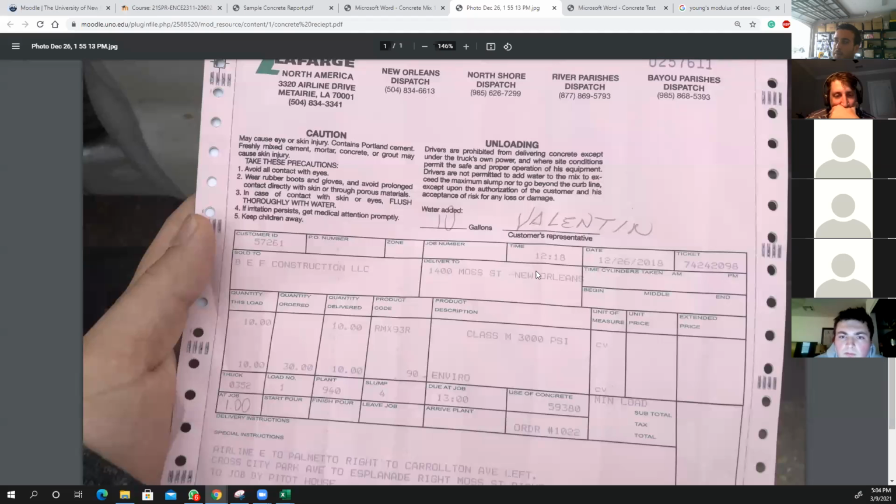First, you check the time, what time it left the facility, and what time it arrived on the field. That's the first thing that you check. And then you look at the quantities, cubic yards, and slump, 4 inch. It says 4 inch, but you gotta double check it when you get the concrete mix. From the first batch, you check the slump, see if it's 4 inch, as it is stated in this